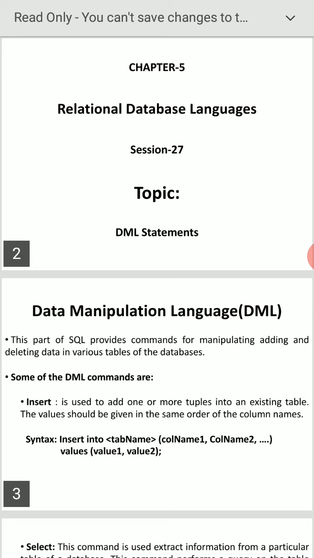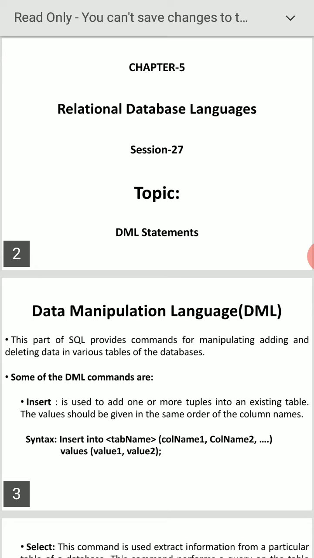It means you can add the records or you can delete the records. In DBMS, records are called tuples. We can add the tuples or delete the tuples from the tables of the database.